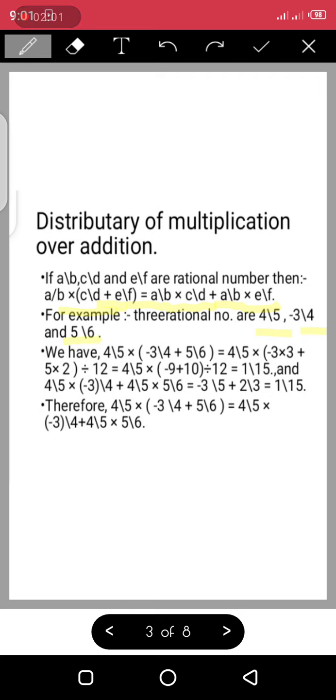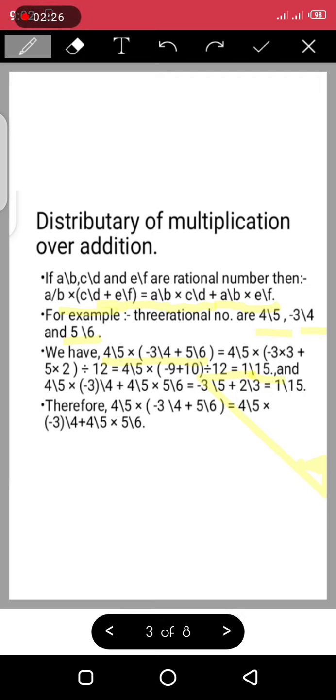So if we multiply it as 4/5 × (-3/4 + 5/6), it is equal to 4/5 × ((-3 × 3 + 5 × 2)/12). Then it gives the answer as